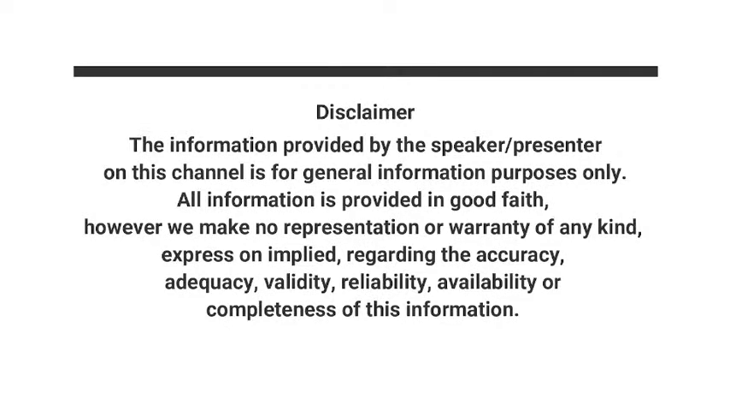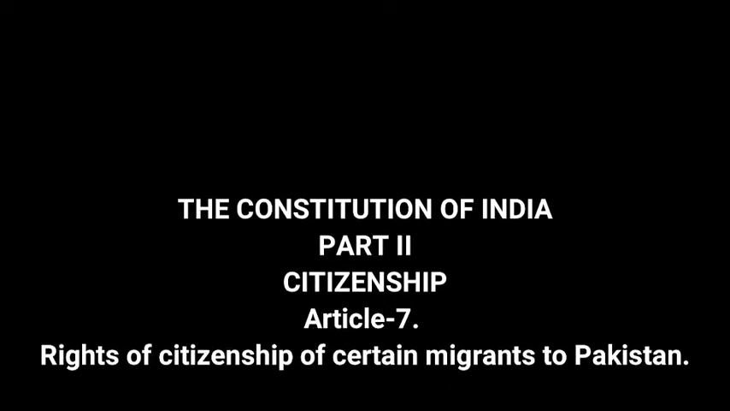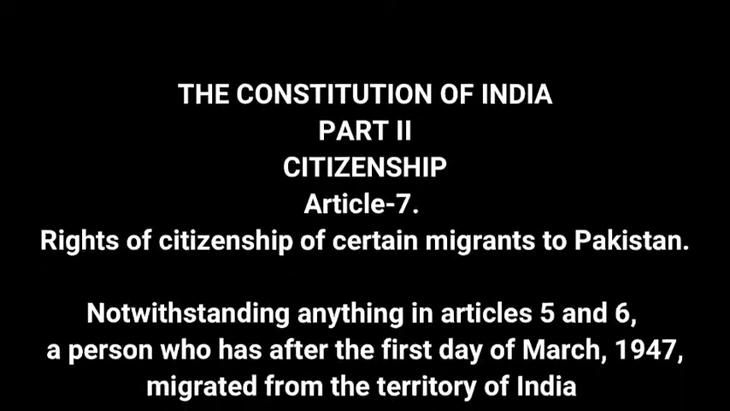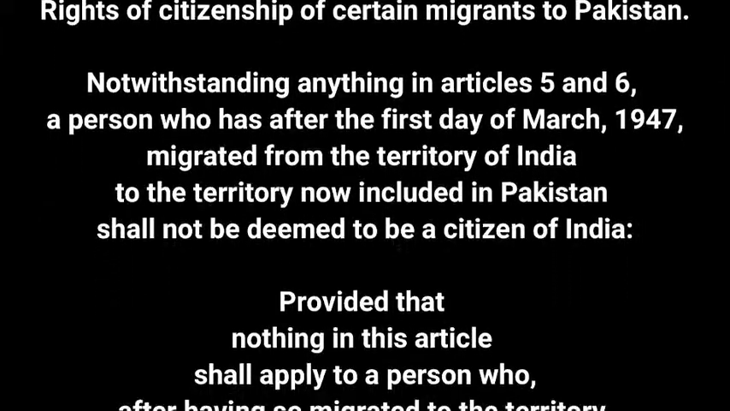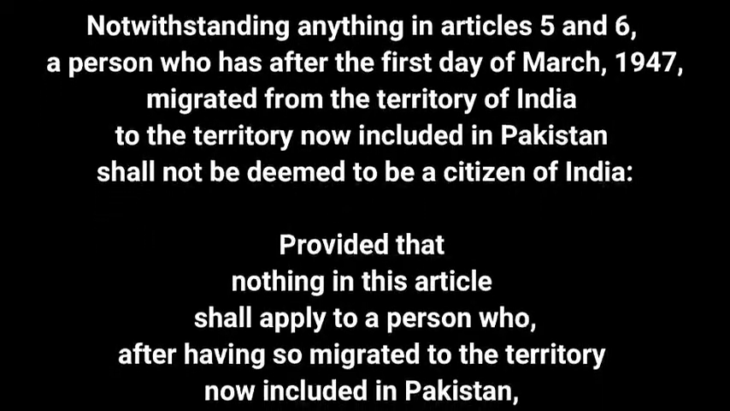Constitution of India. Part 2. Citizenship. Article 7. Rights of citizenship of certain migrants to Pakistan. Notwithstanding anything in Articles 5 and 6, a person who has after the first day of March, 1947, migrated from the territory of India to the territory now included in Pakistan shall not be deemed to be a citizen of India, provided that nothing in this article shall apply to a person who, after having so migrated to the territory